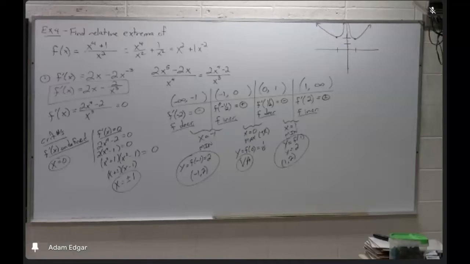5, 6, 7, 8, 9, 10, 11, 12, 13, 14, 15, 16, 17, 18, 19, 20, 21, 22, 23, 24, 25, 26, 27, 28, 29, 30, 31, 32, 33, 34, 35, 36, 37, 38, 39, 40, 41, 42, 43, 44, 45, 46, 47, 48, 49, 50, 51, 52, 53, 54, 55, 56, 57, 58, 59, 60, 61, 62, 63, 64, 65, 66, 67, 68, 69, 70, 71, 72, 73, 74, 75, 76, 77, 78, 79, 80, 81, 82, 83, 84, 85, 86, 87, 88, 89, 90, 91, 92, 93, 94, 95, 96, 97, 98, 99, 100, 101, 102, 103, 104, 105, 106, 107, 108, 109, 110, 111, 112, 113, 114, 115, 116, 117, 118, 119, 120, 121, 122, 123, 124,